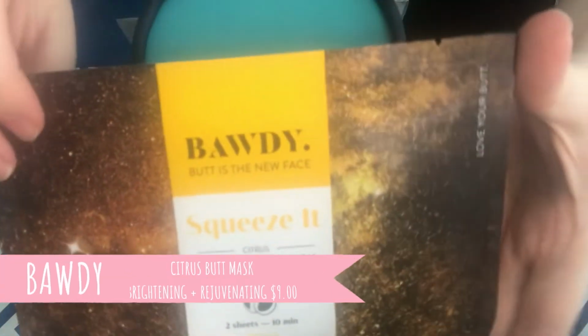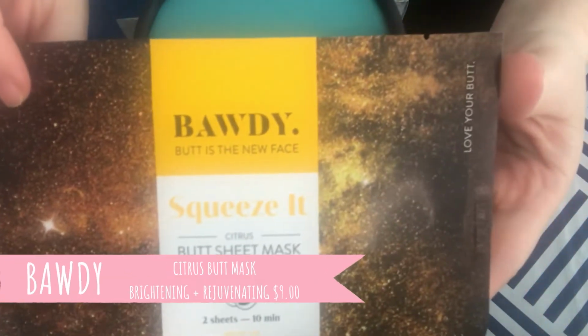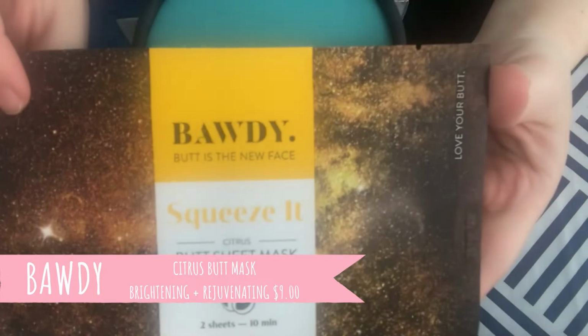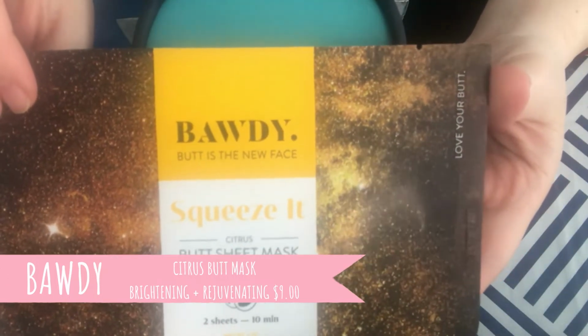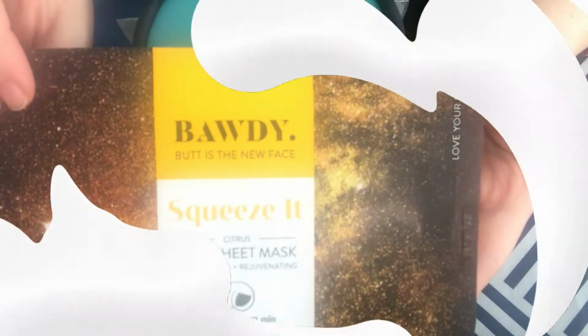Alright, the first product we have here is Body Squeeze It. It's a cheeky take on skincare. This citrus sheet mask cares for the skin on your behind by brightening, hydrating, and plumping. Okay, so